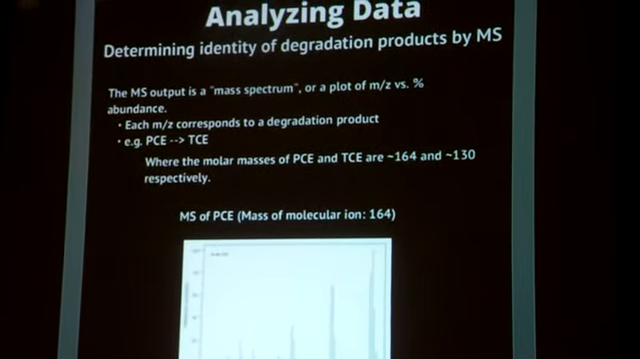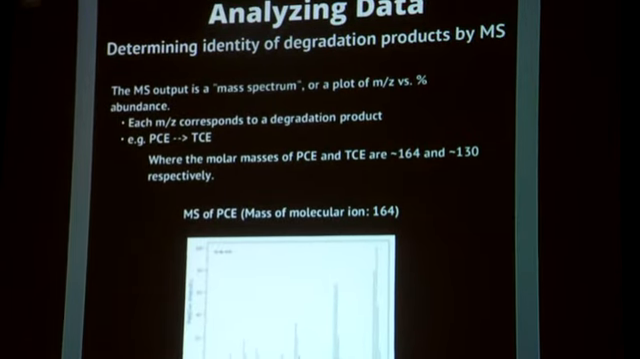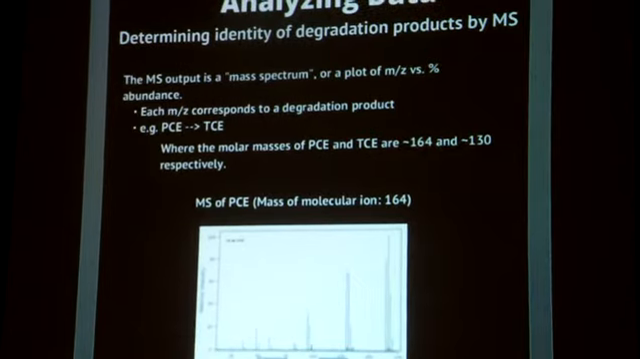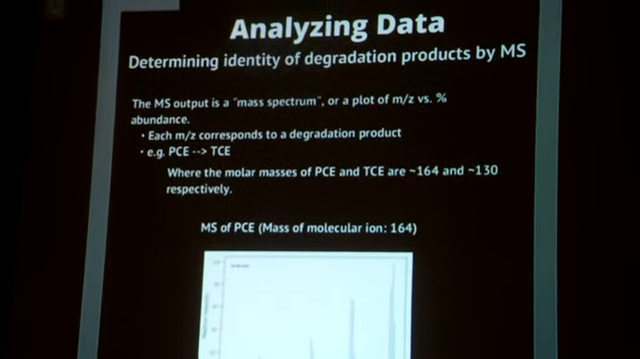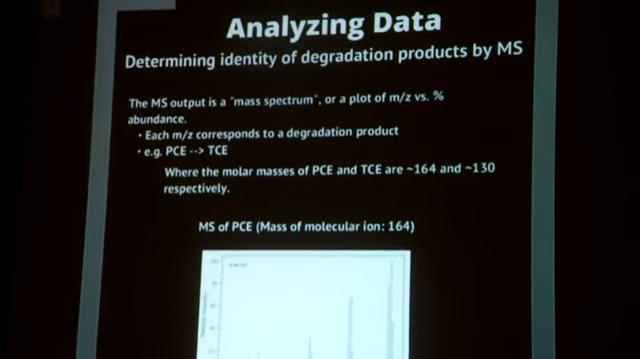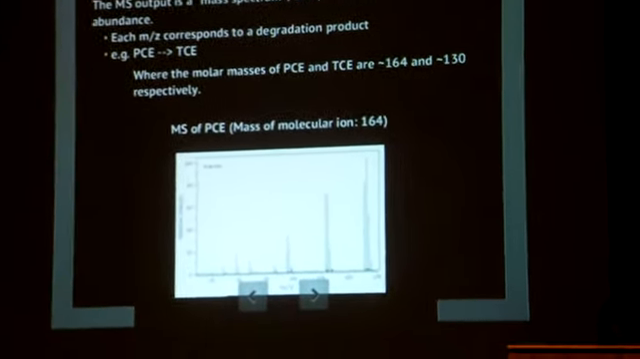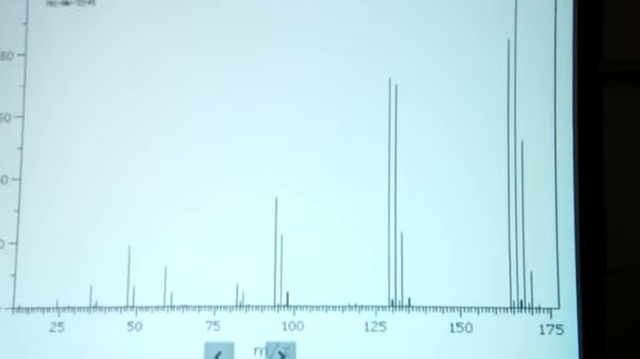A mass spectrum is basically a plot of the mass to charge ratio. I'll zoom in on this image in a moment. But you see the horizontal axis here is the mass to charge ratio of many components, and here is the percent abundance of ions. So if we look at this example, this is actually the mass spectrum